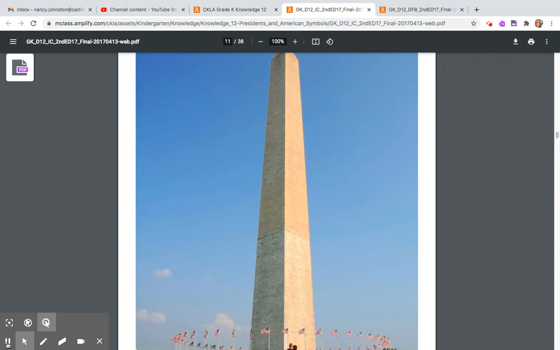There are still kingdoms today, but there were many more kingdoms long ago. Our country, the United States of America, is not a kingdom. Do we have a king? No. Do you know what we call the leader of our country? We call the leader of our country the president.